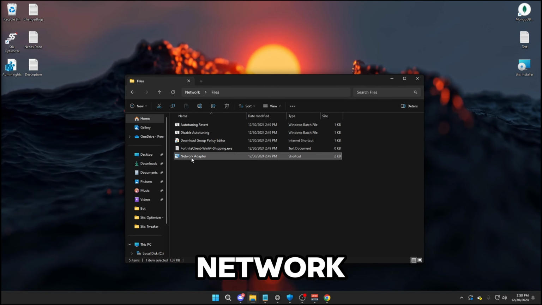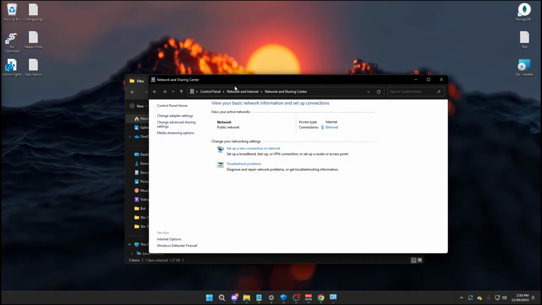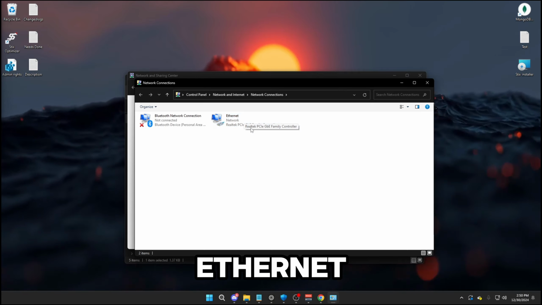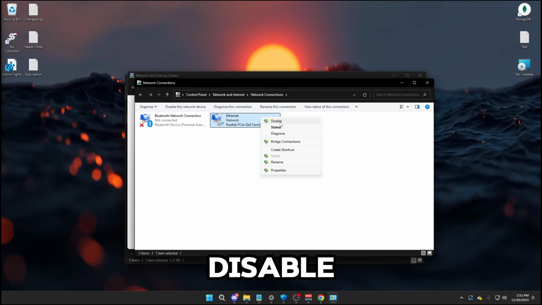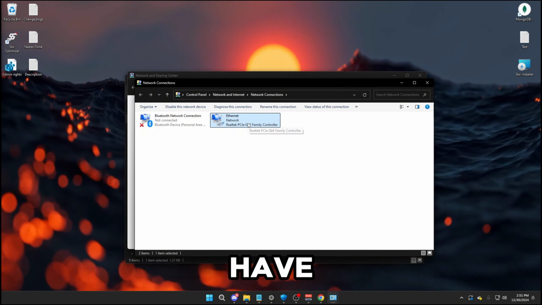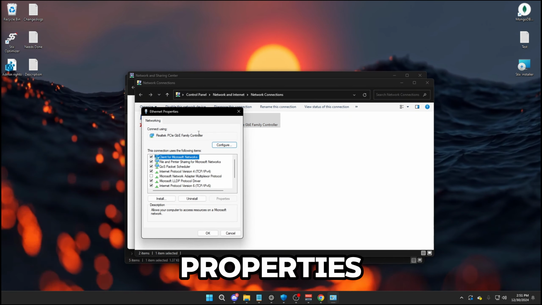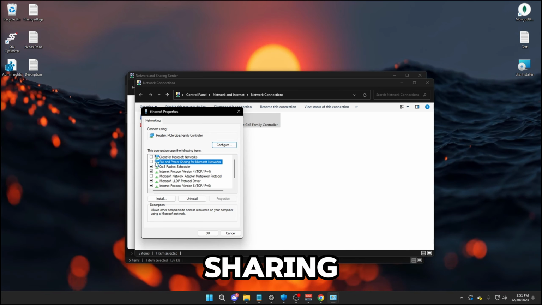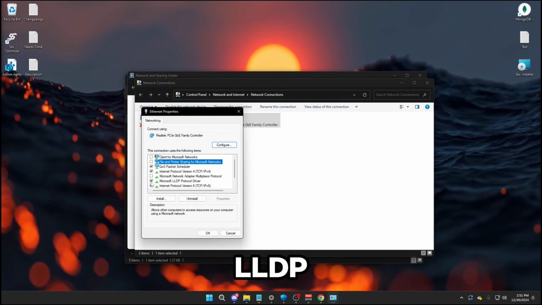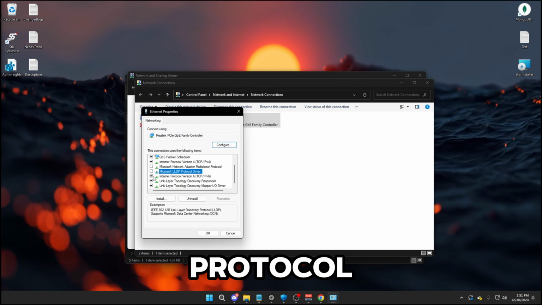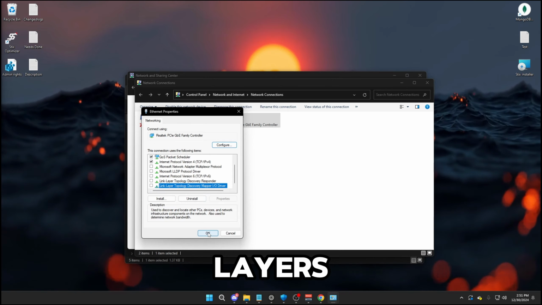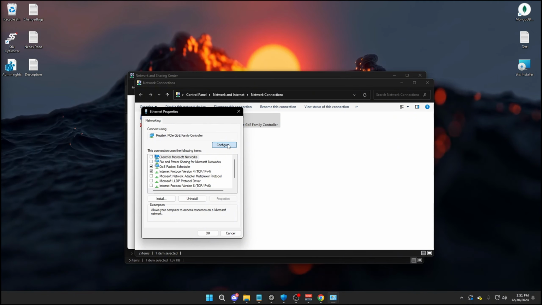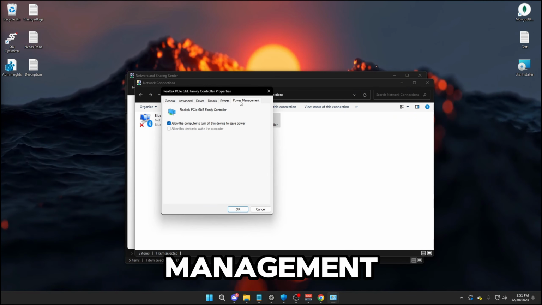Then double click on this network adapter shortcut, open, change adapter settings. And if you have Ethernet and Wi-Fi here and you only use Ethernet, then right click on the Wi-Fi and then click disable. But in my case, I only have Ethernet, so right click, properties, then uncheck the following: client for Microsoft Networks, file and printer sharing for Microsoft Networks, Microsoft LLDP protocol driver, Internet Protocol version 6, and both these link layers. Then click OK, right click again, properties, click configure, then click power management and make sure these